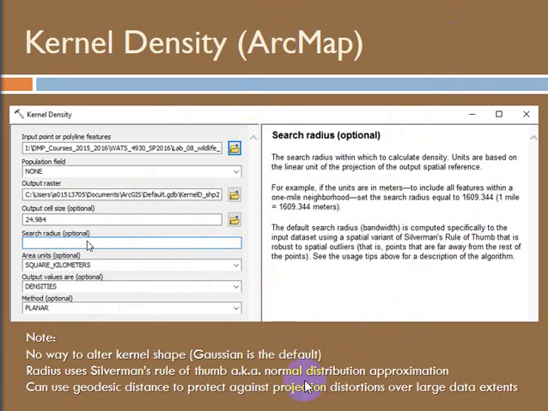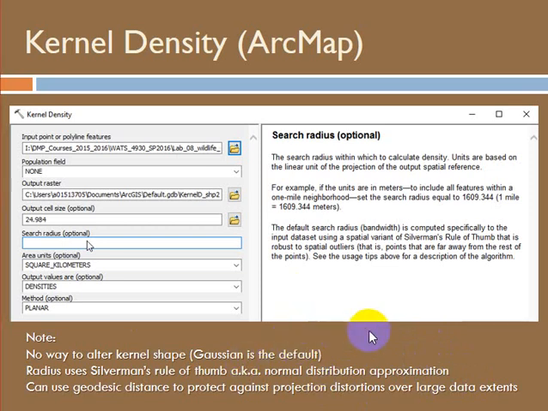The two main limitations are, number one, there's no way to choose the kernel shape. The kernel is, as far as I can tell, Gaussian, and the bandwidth is optional, and you can employ your own, but it doesn't have ways to estimate your own. You'd have to do the calculation or estimating for the bandwidth outside of Arc, and if you let it just do its default thing, it's going to use kind of a normal distribution approximation, which may not suit your data distribution. So we are going to get out of Arc for this exercise and use a KDE tool found in